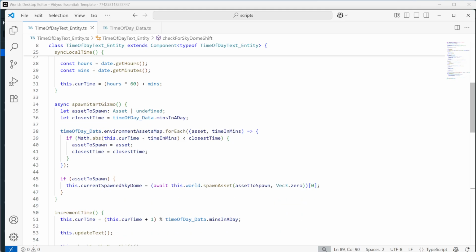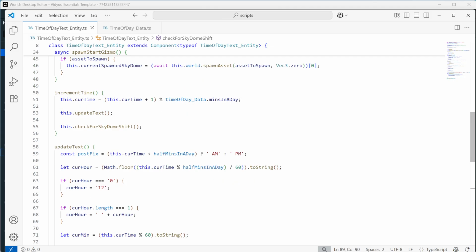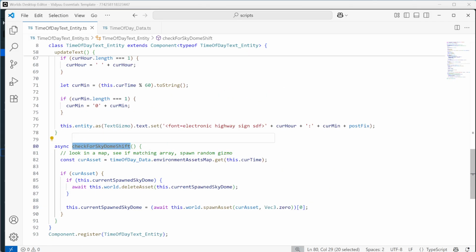Right down here, when we spawn the start gizmo, that's fine. When we check for skydome shift, we are deleting the asset and we're awaiting the delete. I kind of think if we just delete this await, it's going to start this process and then we're going to overwrite it and it's just going to work. But I'm kind of thinking we need to reverse this. So what we need to do is say